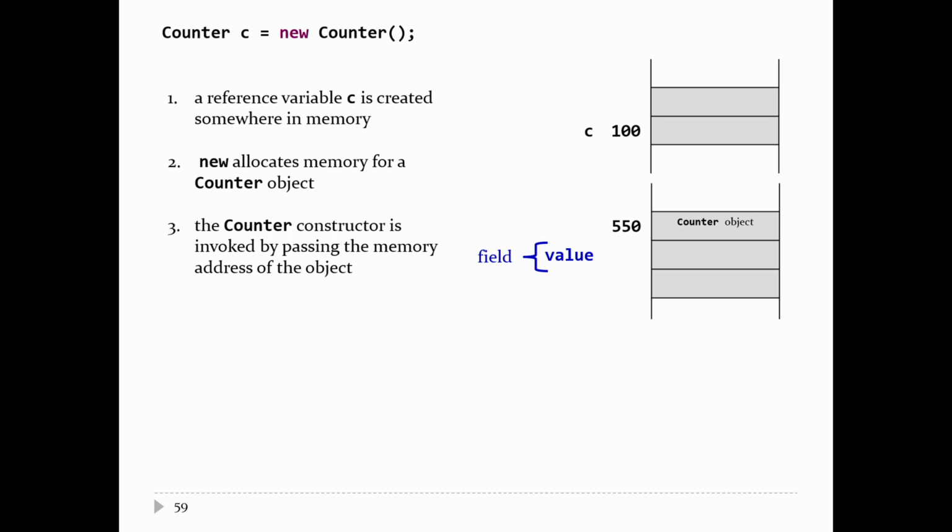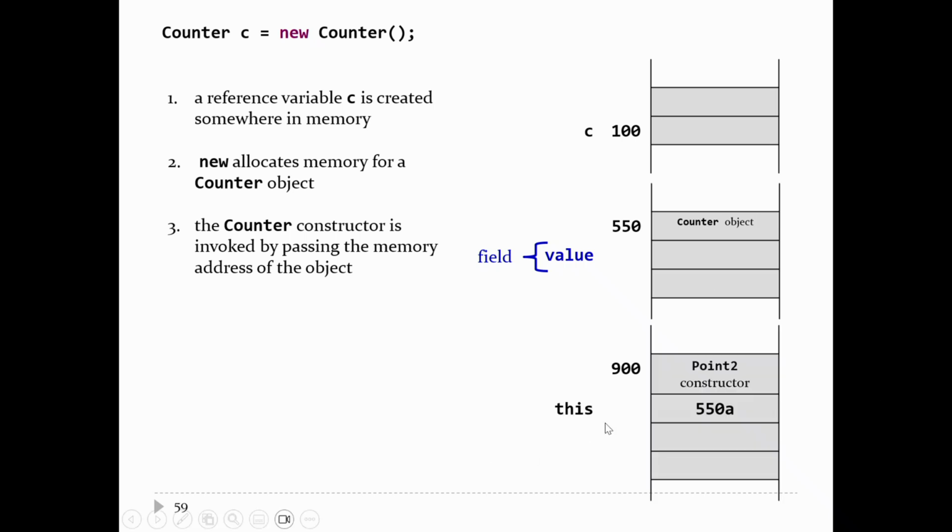The constructor runs somewhere in memory, so there it is. It gets the value of the newly created object, and it stores that in the parameter, this variable. I'm calling it a variable, but it's not really a variable. You're not allowed to change the value of